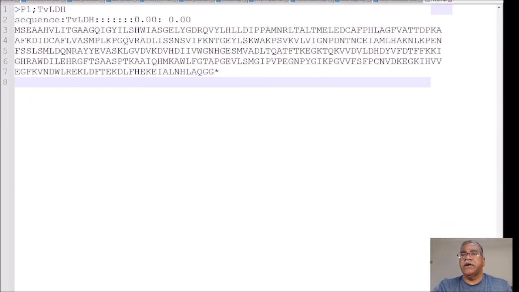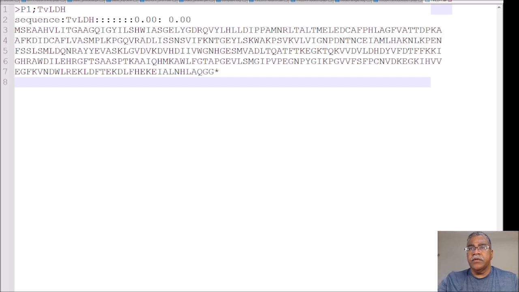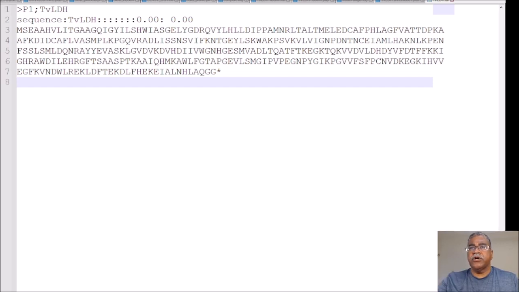Okay, so that is the protein we're going to work with. Now, that is the sequence. If you look at that sequence, it's written in the FASTA format. It's not really the FASTA format. It's almost like what's called an alignment format, and that file that we're looking at, and you can open it too,